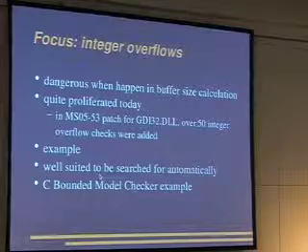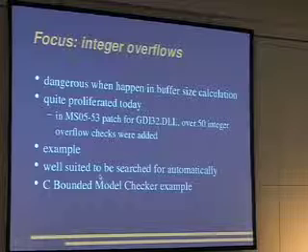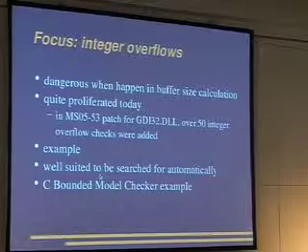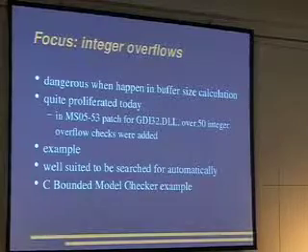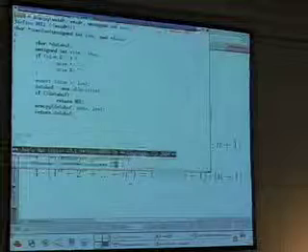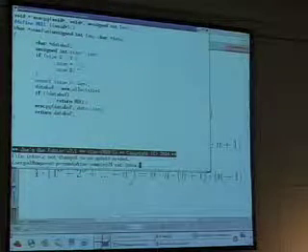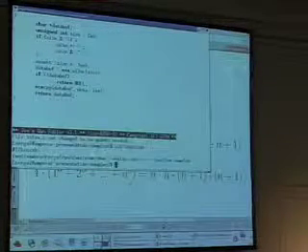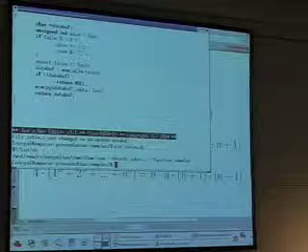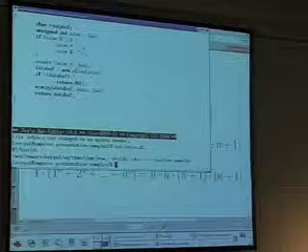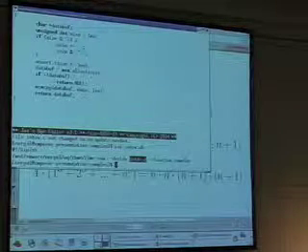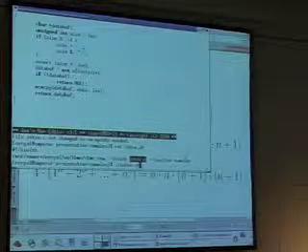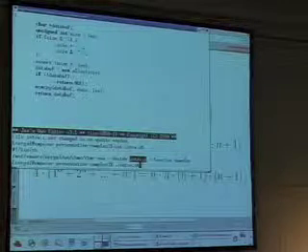And it's time to introduce our first friend, the C Bounded Model Checker, CBMC. It's a tool which is capable of proving some properties of C code. And let's have a look at how it behaves in this case. It's a script that invokes CBMC. You simply pass it the name of the file and which function to prove. And if you pass it this vulnerable code,